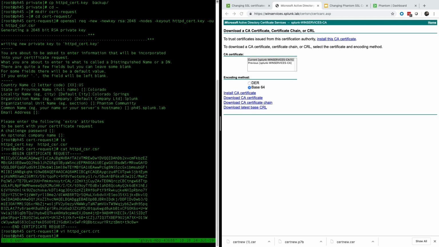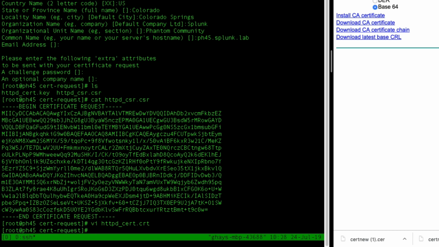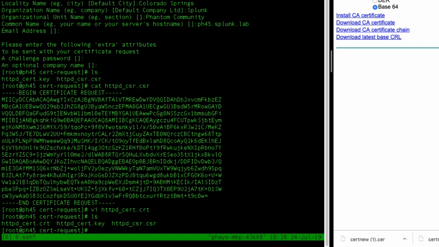I'm going to copy these back over the existing certs and restart my Phantom instance. That should update the key, and my browser should no longer be complaining at me. So let's give that a shot. Okay, let's copy the cert first. And I'm going to copy that to Phantom,